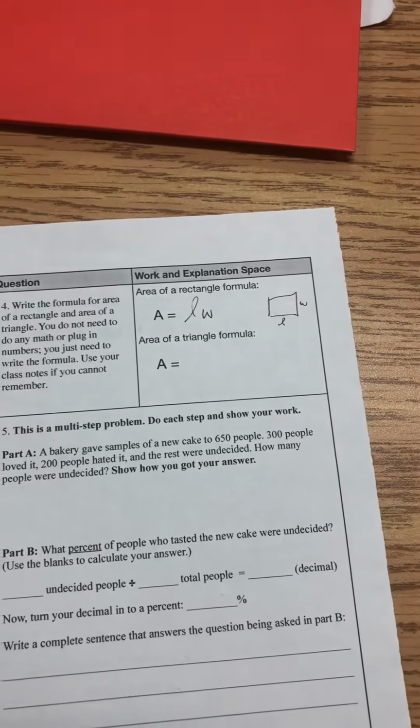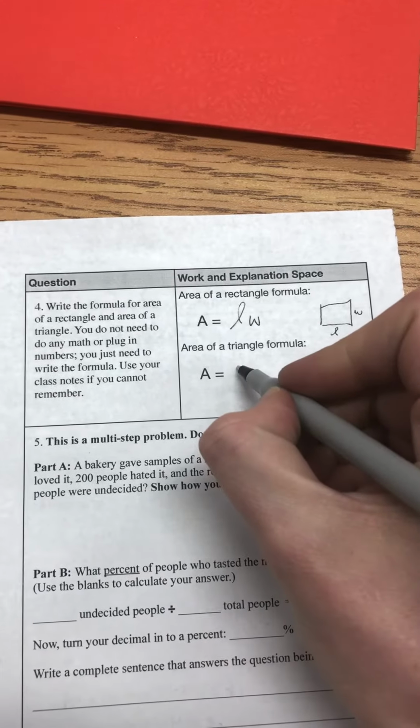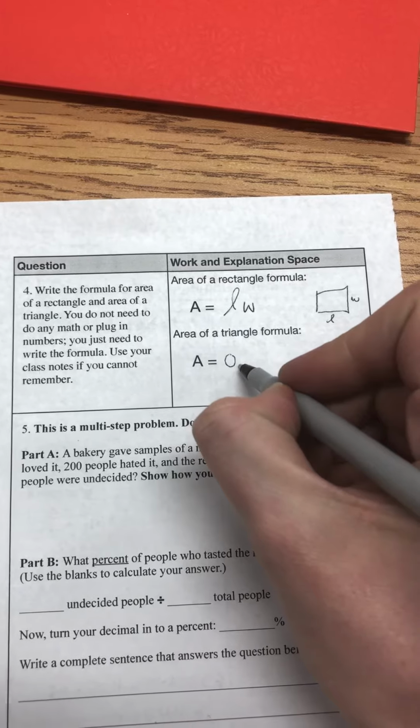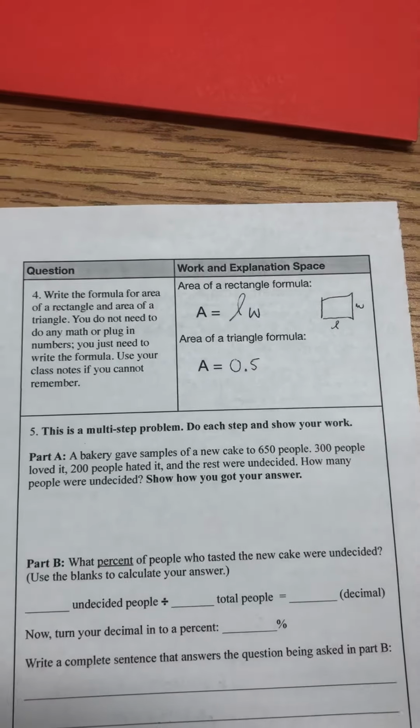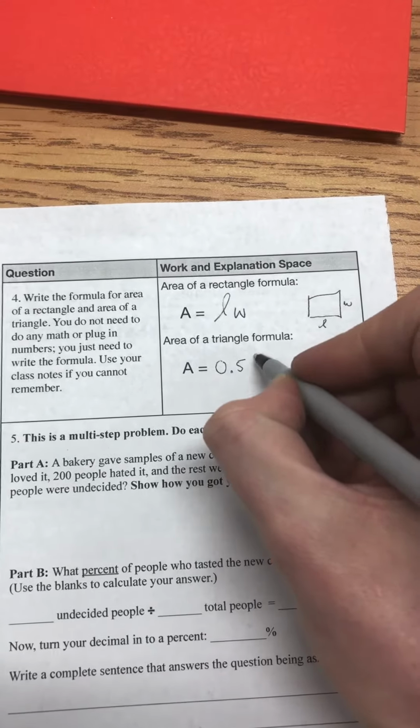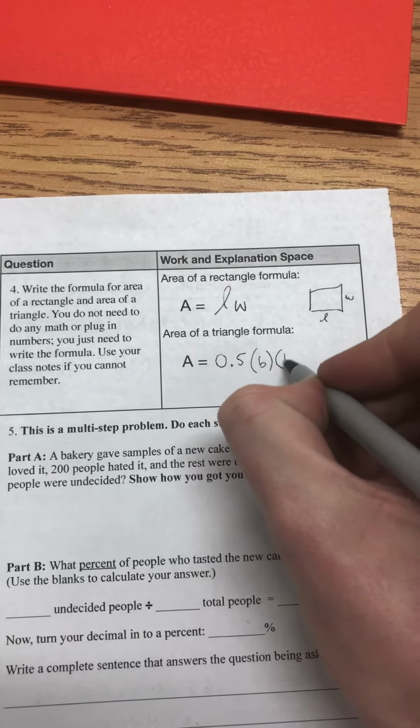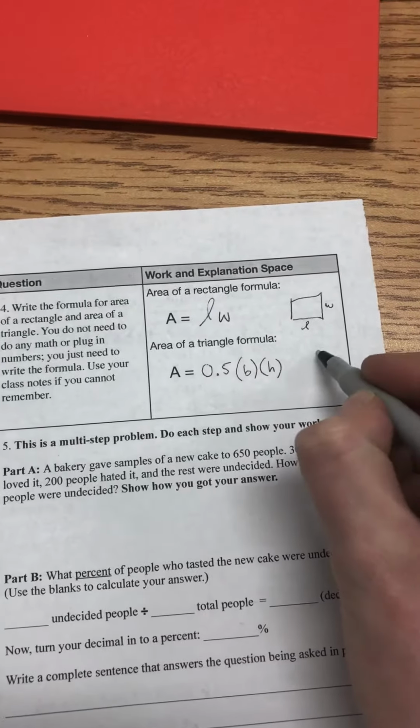For a triangle, it's a little bit different. Triangle is going to be half of base times height. So we can use that decimal 0.5 because it's easy to plug into our calculator. And then it's going to be base times height. So when you have a triangle,